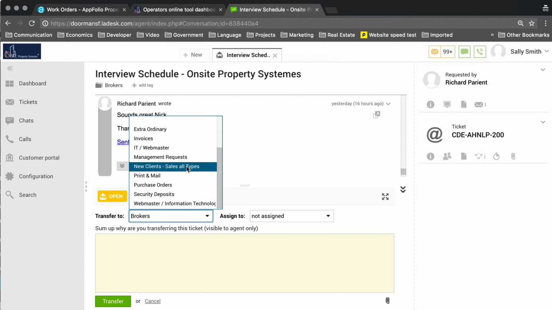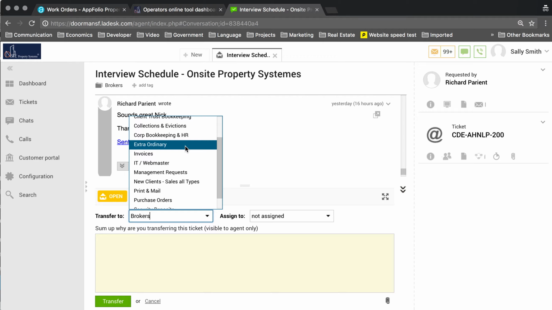New clients, another department you're in, for incoming sales, new management contracts, and things of that nature. Management requests, this is the main department that you're in. Webmaster and IT, I guess I'm going to have to combine those two. Invoices, this is for client invoices or business invoices, and we'll go through that department specifically as well. Extraordinary is a toss-up. It's usually government files and things of that nature that need to be filled out. So usually rent pass-through petitions, or Section 8, or